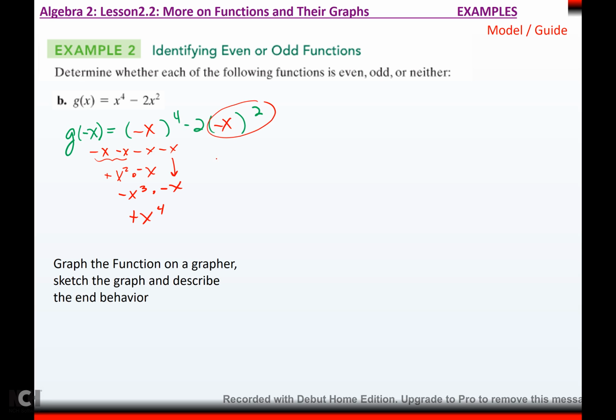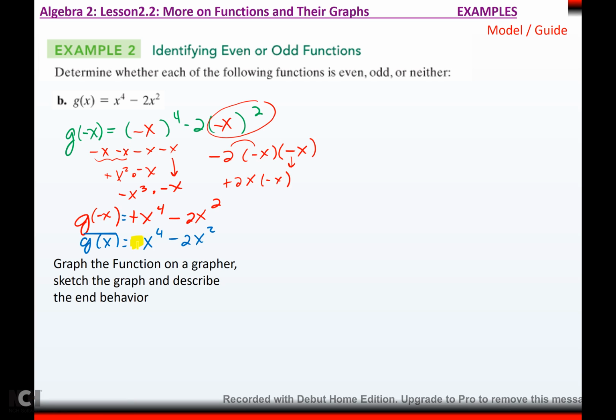You've got to do this first. So this says negative 2 times negative x times negative x. So this would be, again, if you go left to right, positive 2x. And then bring down this, times negative x makes it a negative 2x to the 2nd. So if I compare that, there's g of negative x. If I compare that to my original function, g of x, which was x to the 4th minus 2x squared, notice that